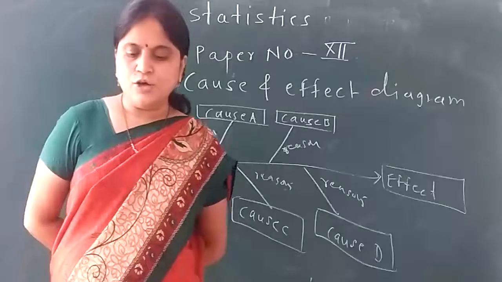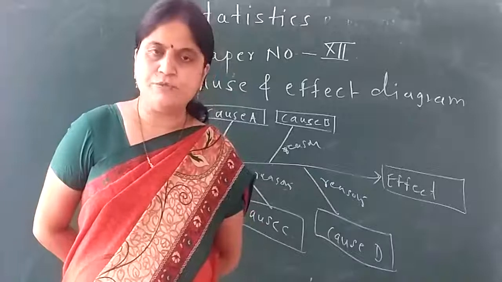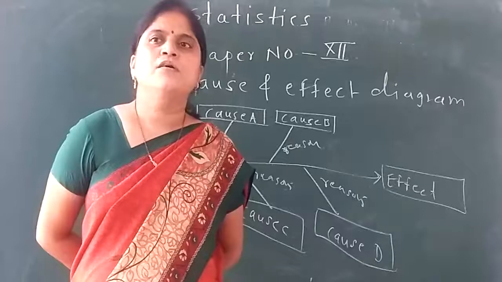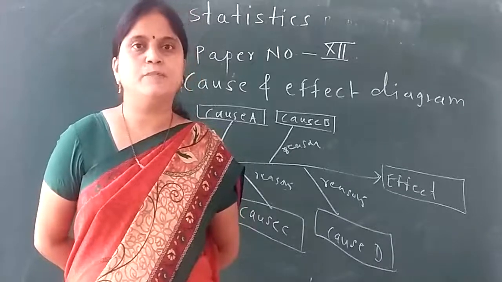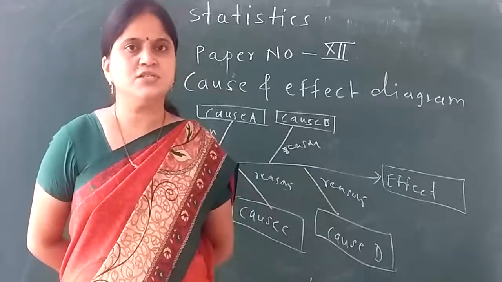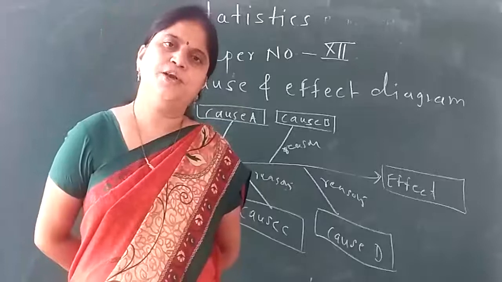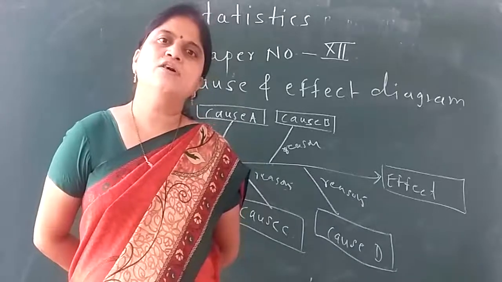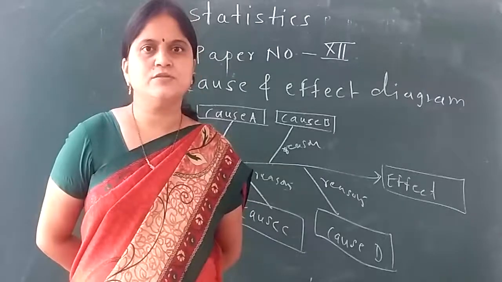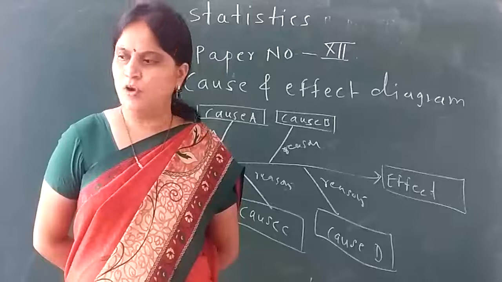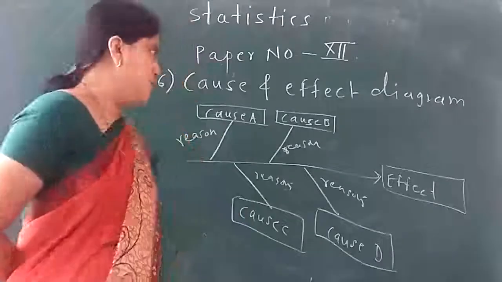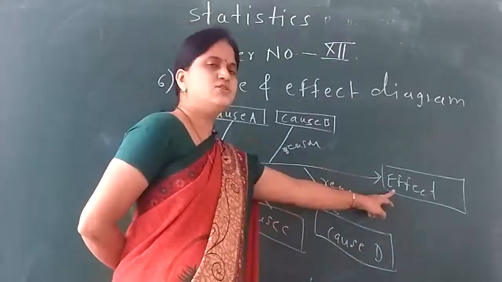Second, form a team to perform the analysis. याच्यानंतर काय करायला लागेल, मला analysis साठी team करायला लागेल, कारण only one person doesn't think like a group of persons. Group of persons think in different manner, because as the person changes, the thinking will change, so I get different answers. So a group of persons must analyze the problem. Next, draw the effect box and the control line. This is my control line and this is my effect box.